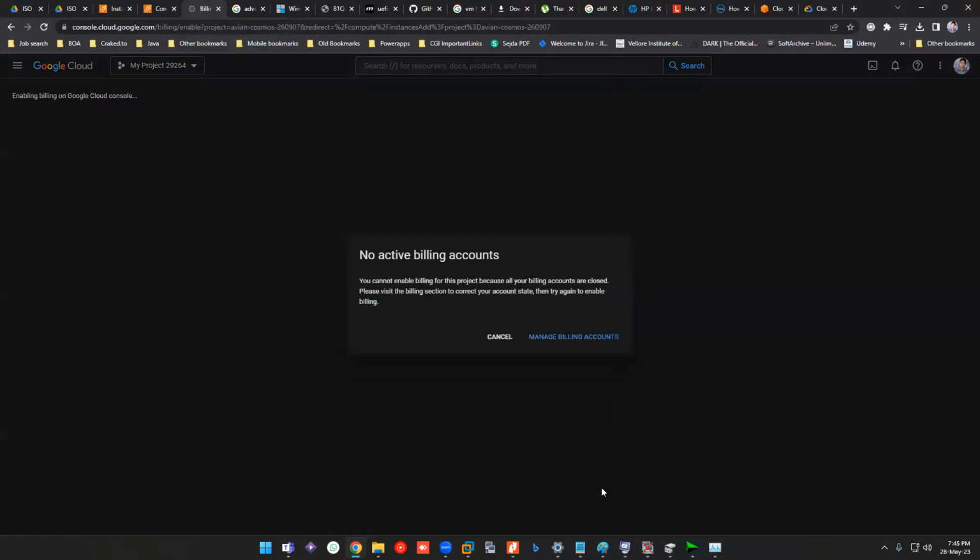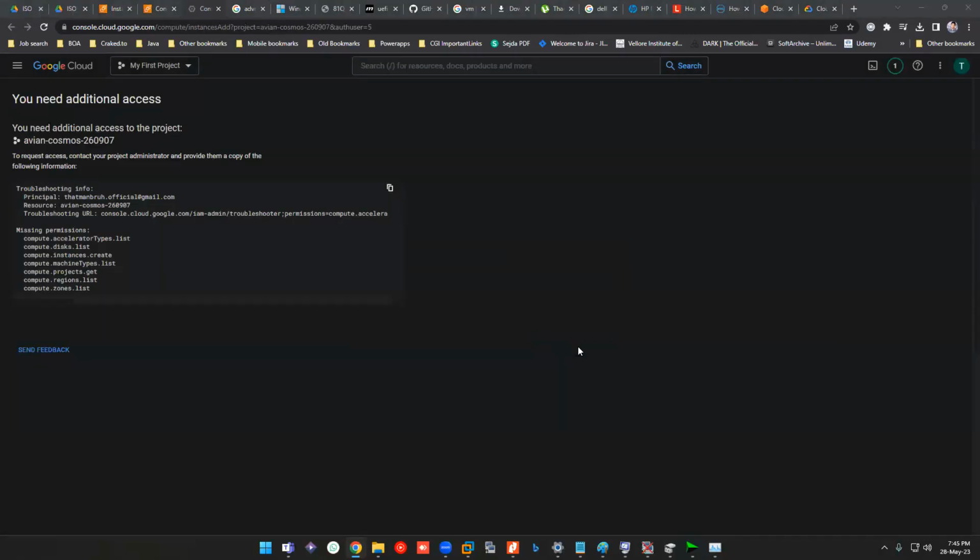Let me change my ID over here. Obviously you can share your ID as well. Sorry, I mean you can use the same ID for many users, unless he is not stopping the instance.